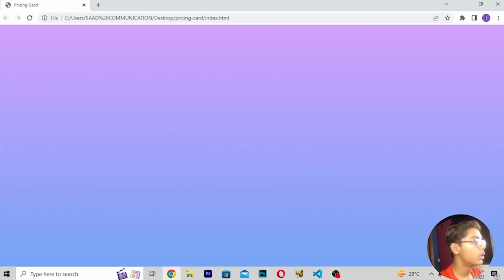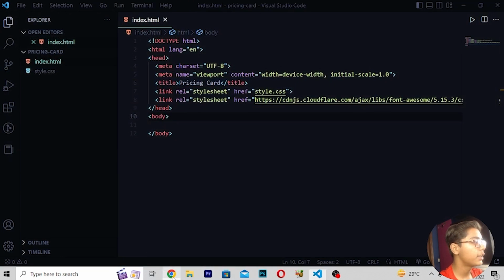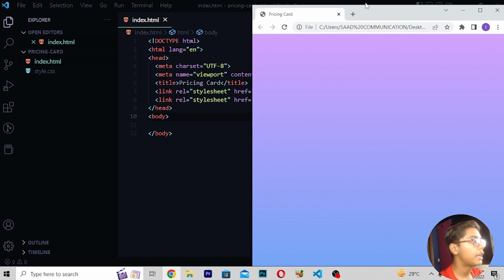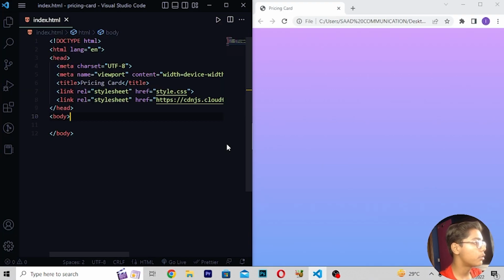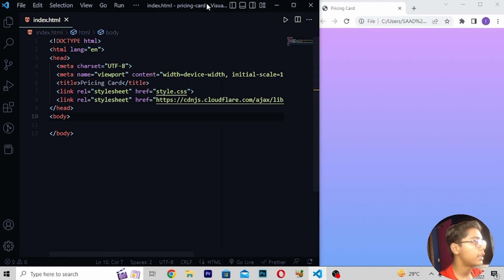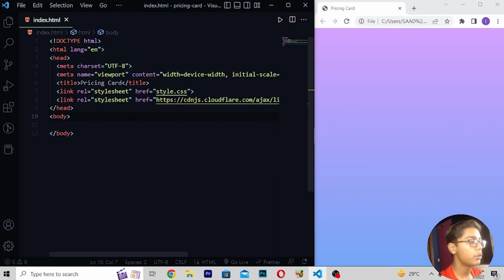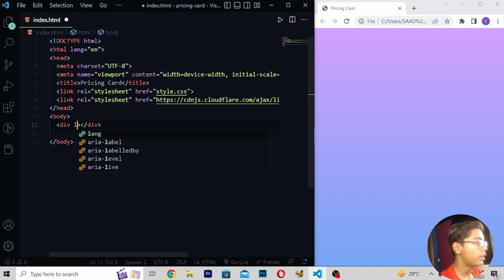So I will be moving here to the desktop. This is our Google Chrome browser, and you can see we are only getting color, all the things have been removed. So here I will now be doing side by side, and we will start to build our project. Press Ctrl B to close the side panel, and do it side by side. Then when you have written this, you have to move under this body tag, right here, div class wrapper like this.